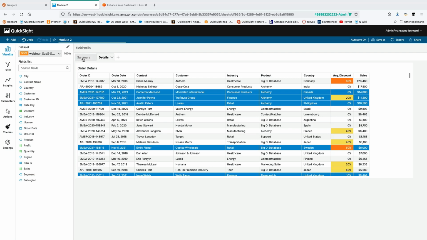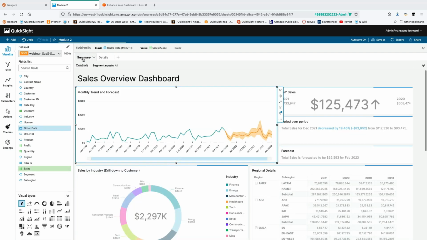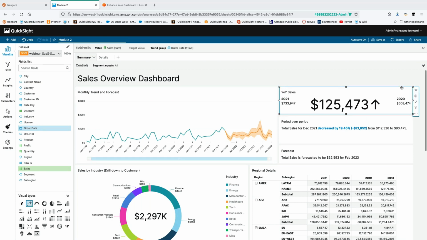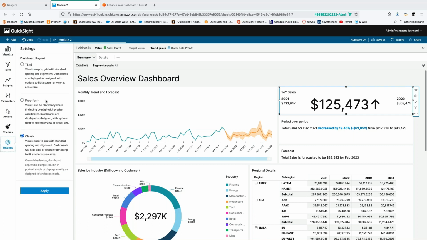All right, let's go back to the summary sheet. And now I want to introduce the new concept, the new feature that was released, which is freeform layout, right? With freeform layout, you can overlay visuals on top of each other, and some of the visuals,